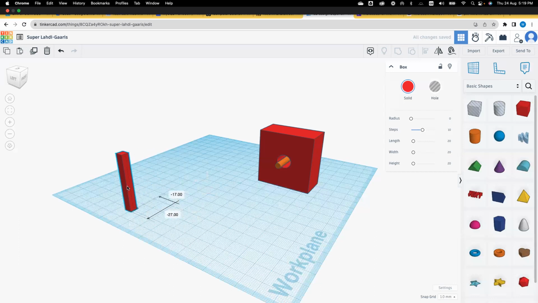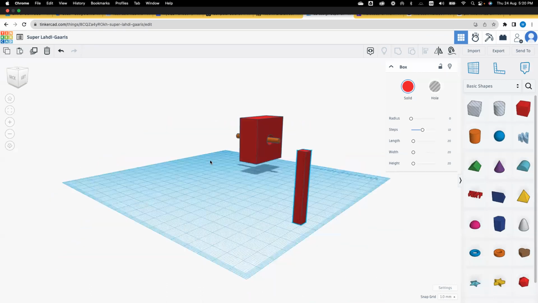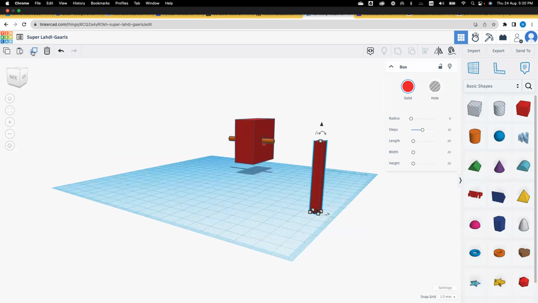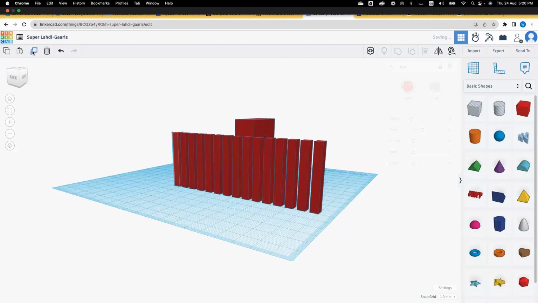All right. And now, if I want to create a fence or any kind of duplication, all I have to do is click on the object, then click on the button duplicate. Using the arrow keys of the keyboard, I can move it as much as I want. And then I click and click and click and click. And you can see that all the objects are